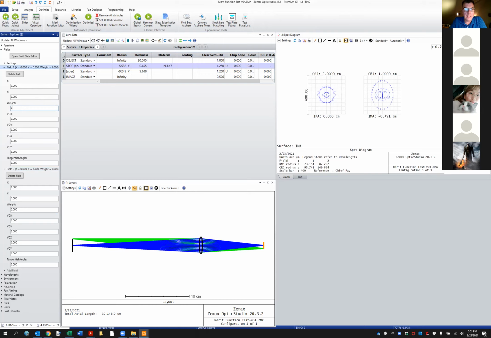To make the weight 0? Yeah. Absolutely. You just type the number 0 in there. It's going to cause a few problems with the merit. It's going to get some warning messages from the merit function, but for the quick focus, you'll be fine. Cool. And then we give the off-axis object all of the weight, and here's what it comes up with. Whereas if we gave the on-axis object equal weight and we told it to do it again,